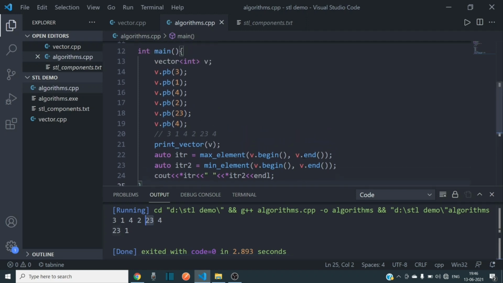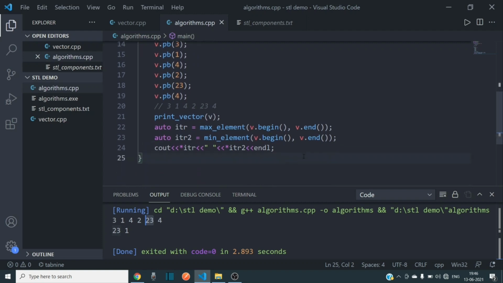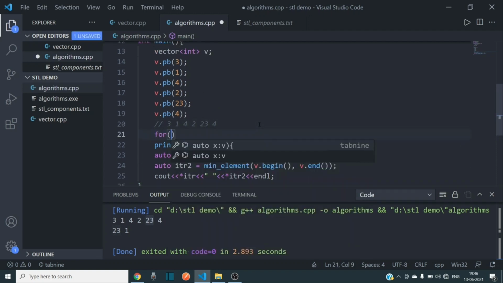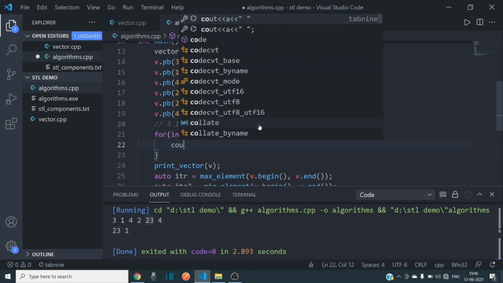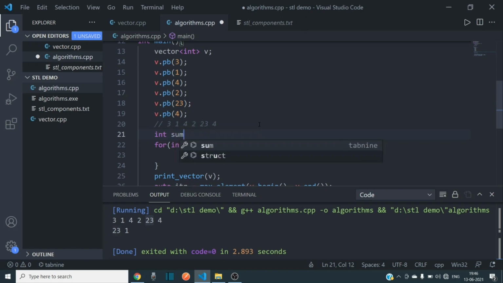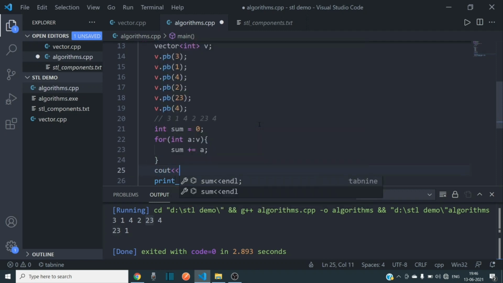After that we can see how to accumulate, meaning take the summation over a whole array. Simply, we can write it this way. We can have a temporary variable, int sum equals 0. Then we loop over and do sum plus equals a, and then cout a, cout sum.